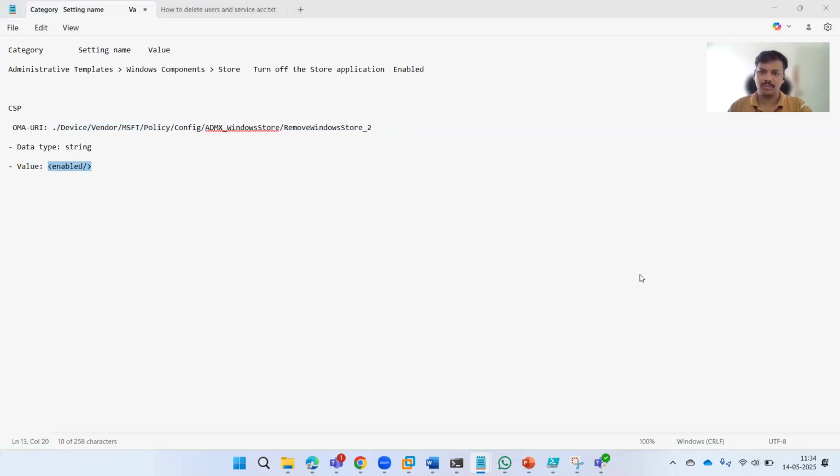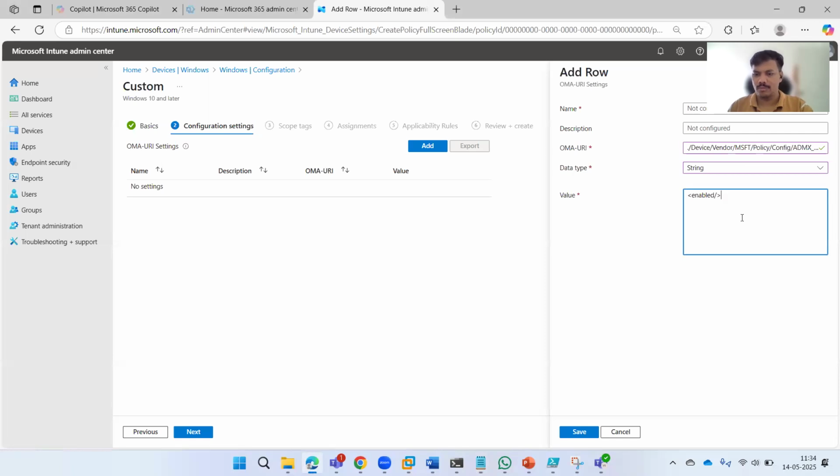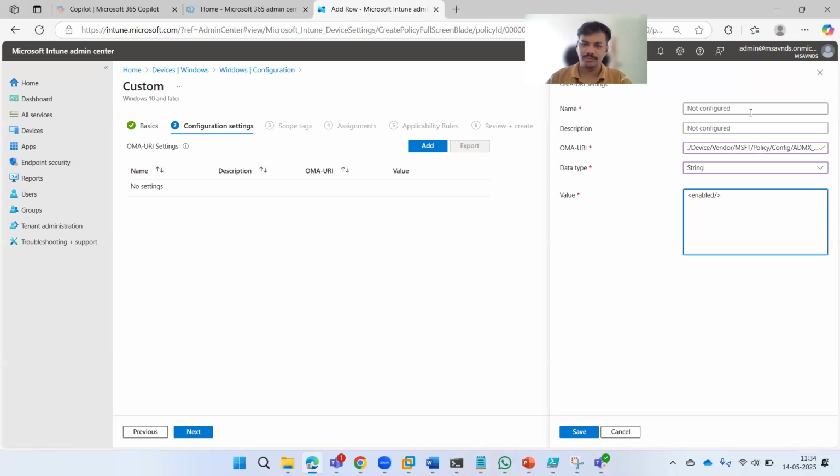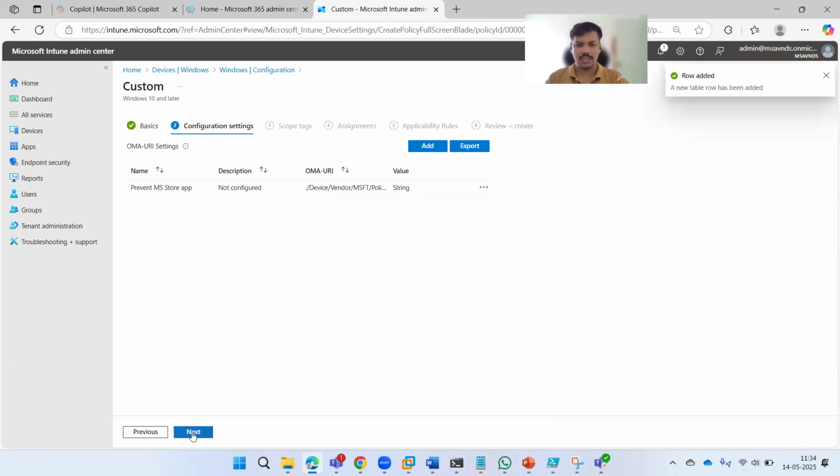So we are going to put this value there to make sure we are going to take actions, right? And prevent MS store app, right? So once it is done, we should be good here to add that record and next, and then next,